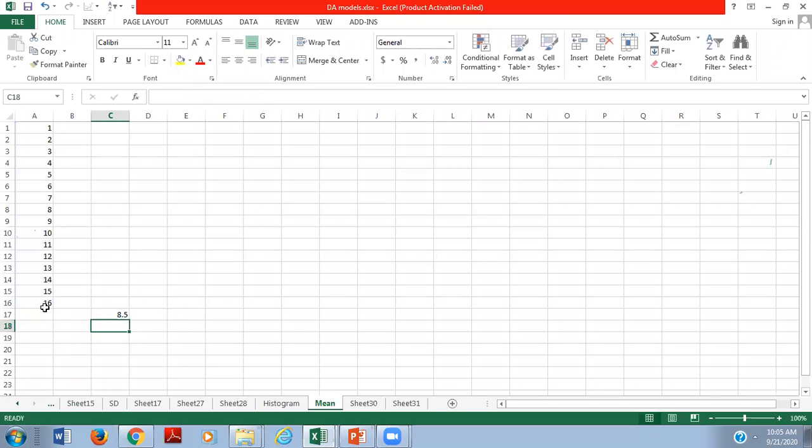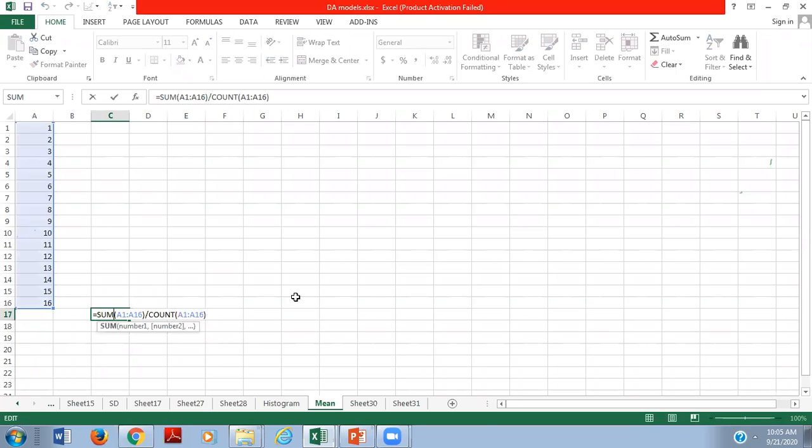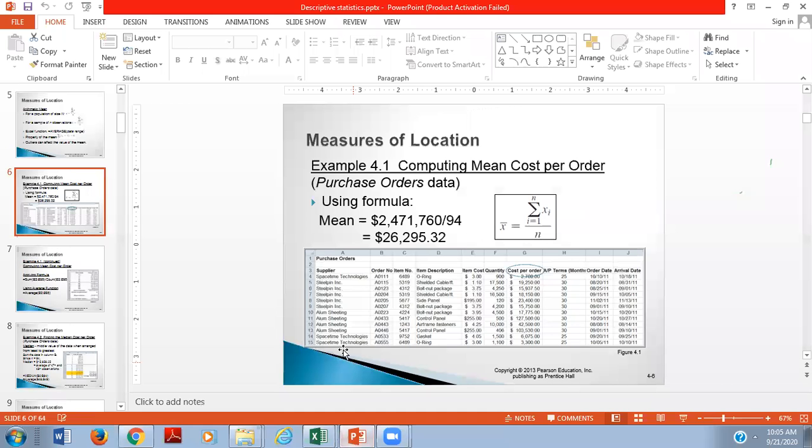And now see here the value: the arithmetic mean value is 8.5. So this is the formula according to statistics, summation of xi upon the number of items.